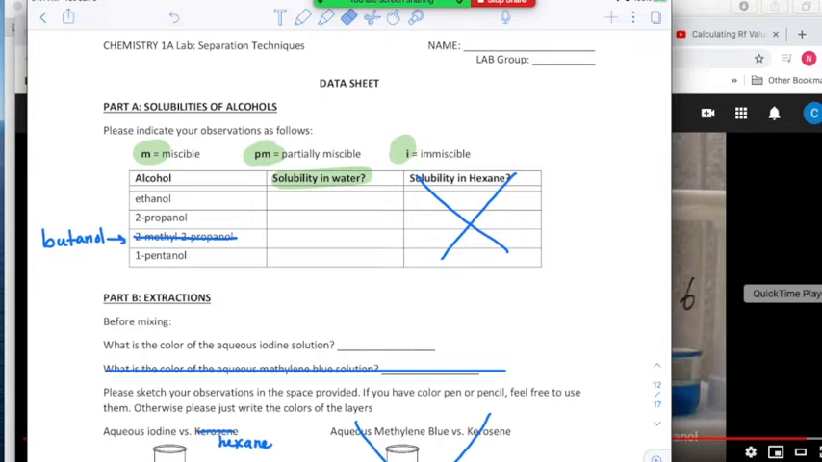All right, so here is the first page of the data sheet. And again, if you don't have this data sheet, just go ahead and write it on a piece of paper. You're marking these as miscible, partially miscible, and immiscible. I'm going to go ahead and get rid of this for a moment. All right,